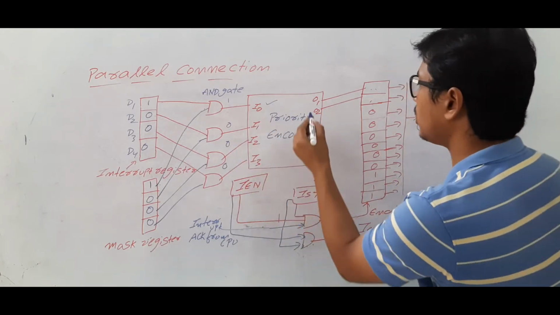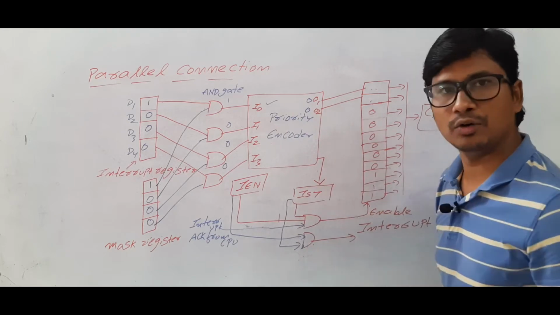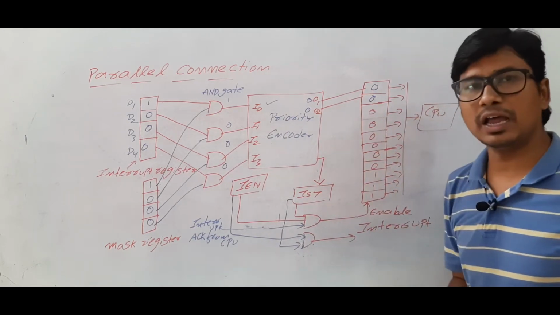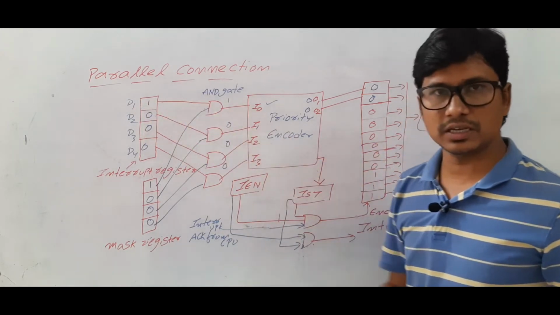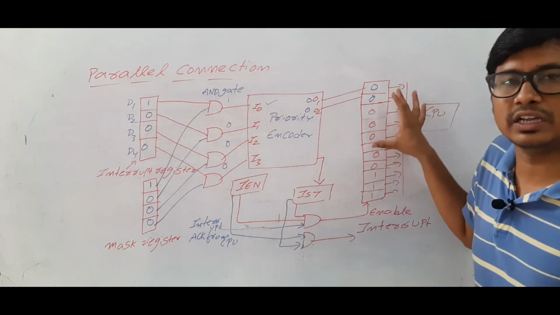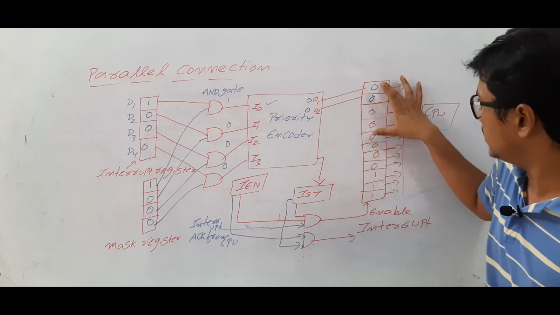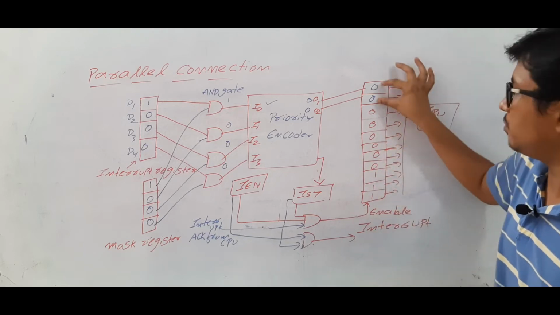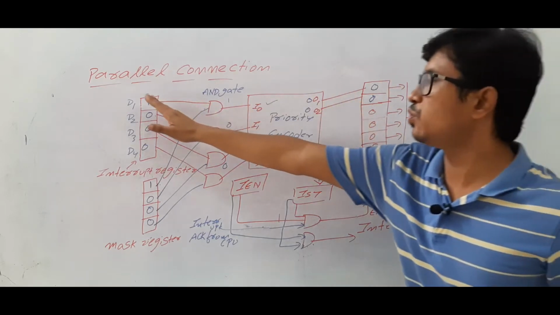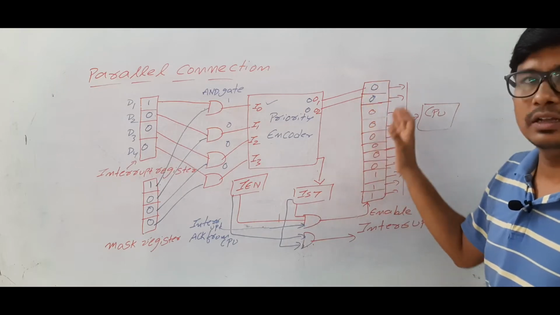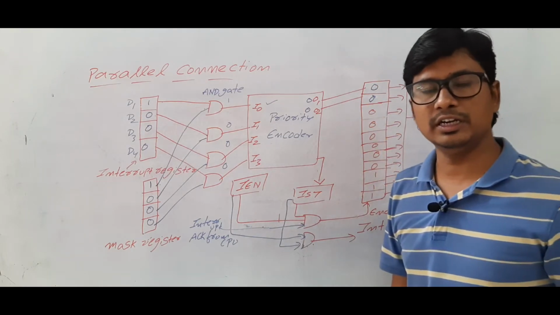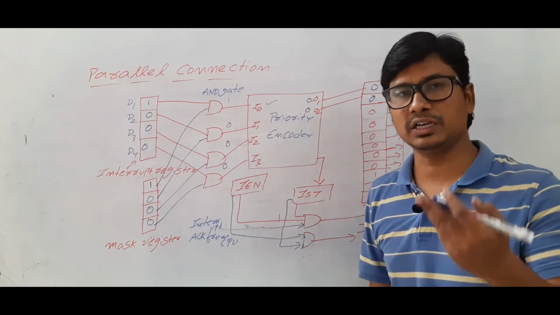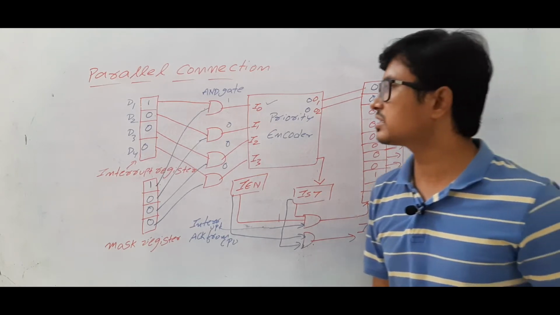So now what will it give as output? It will give the output 0 0. So this value will be 0 0. Then what will happen? If device 1 is executing, the starting address of its interrupt service routine is this value, 0 0 0, some address. This address we will give here. So if device 1 is executing its task, then this is the starting address of the interrupt service routine. Then the CPU will execute that interrupt service routine. What instructions are there? Now we will discuss another one.